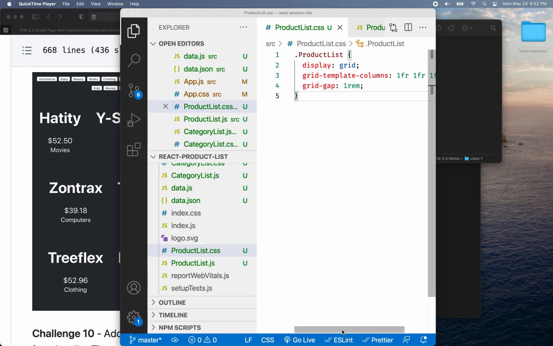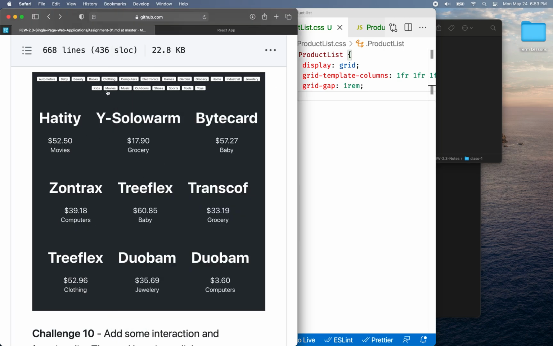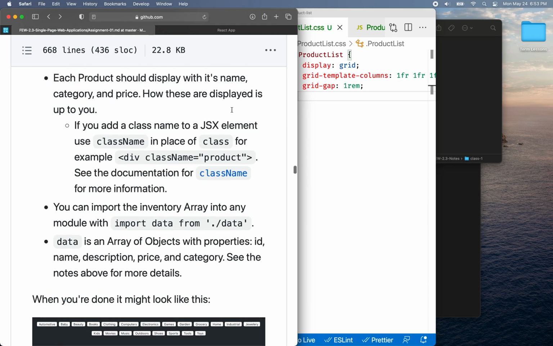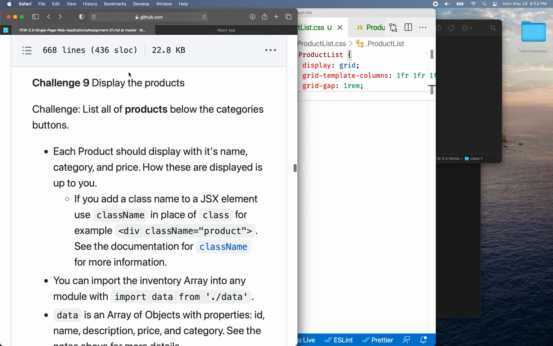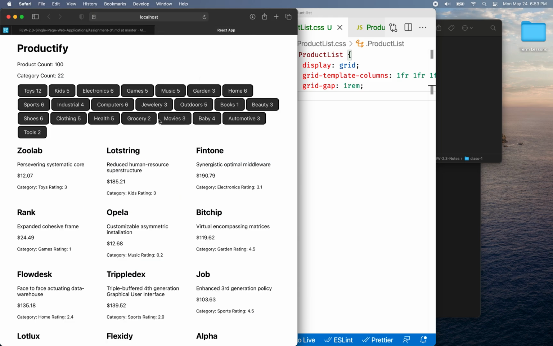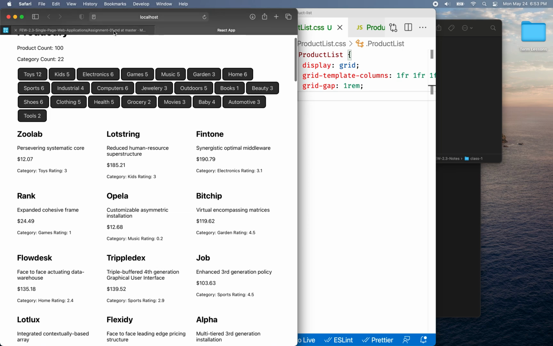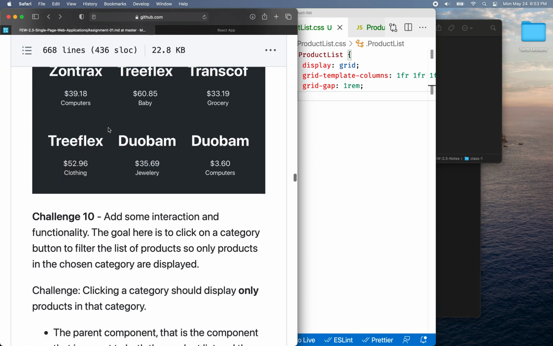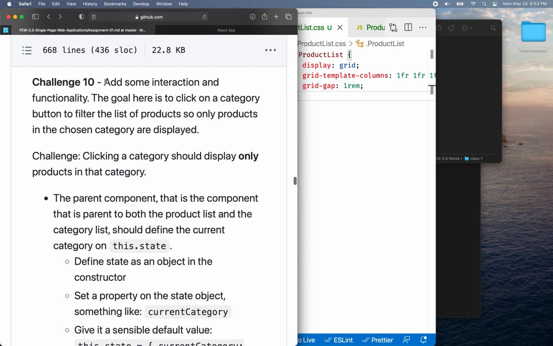Welcome back. We're going to continue working on our React project, and in our last video we solved challenge number 9 here, and we displayed all of the products. So I've got all the buttons up here, and then I've got all the products down below here. And in the next challenge, number 10, we need to add some